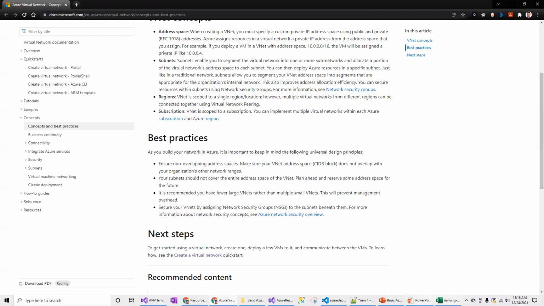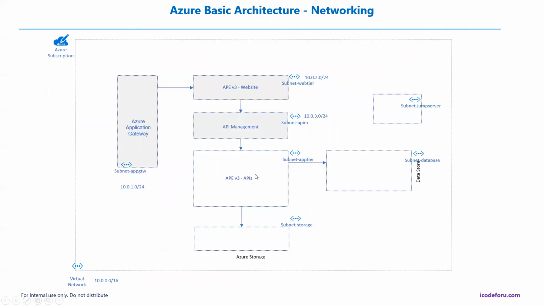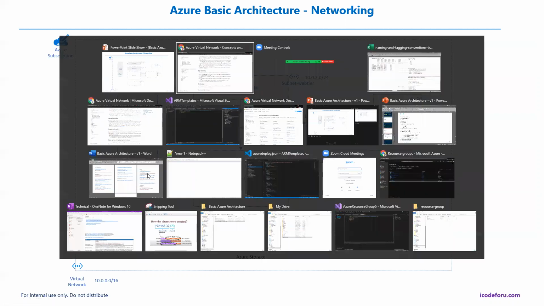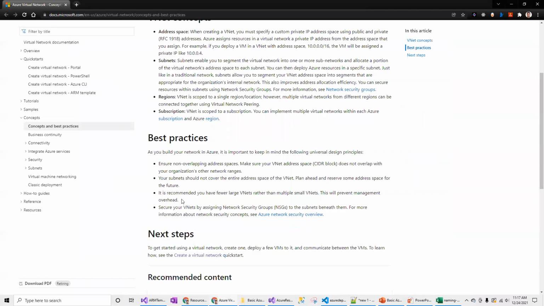In my case, I have one virtual network, since this is the basic Azure architecture, so I'm creating one virtual network with the subnets in it. But at an enterprise level, you can have 10 to 15 or 20 virtual networks maximum. Always think large VNet rather than small virtual networks.